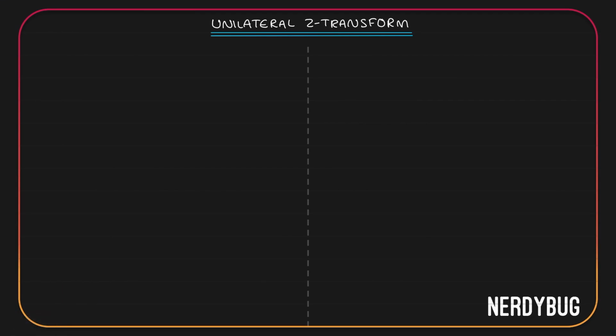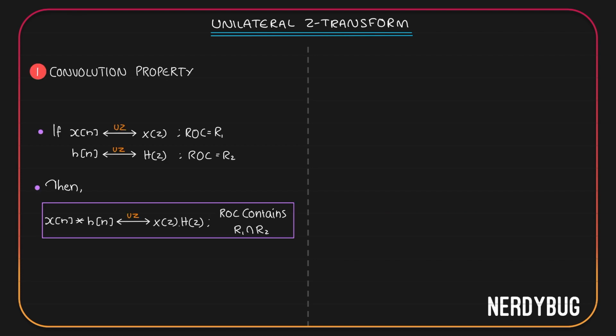In the last video, we learned so many properties of the bilateral Z transform. Most of them are the same for the unilateral Z transform also. But there are some properties that are a little bit different. The first one is the convolution property. Assume we have a sequence x of n, its unilateral Z transform is x of z, ROC is R1. We have another sequence h of n, its unilateral Z transform is h of z and ROC is R2. Then according to this property,